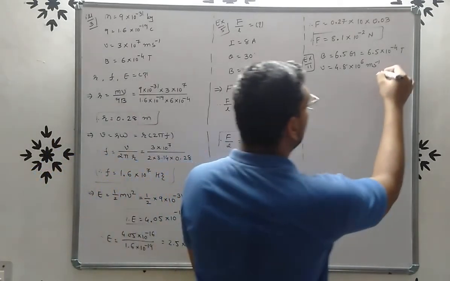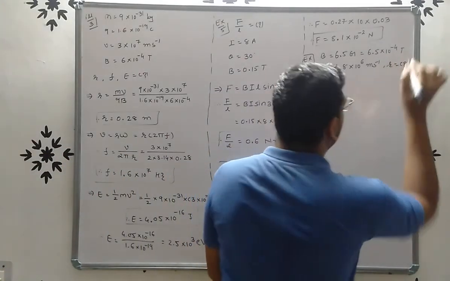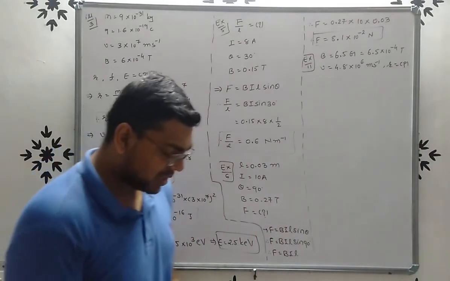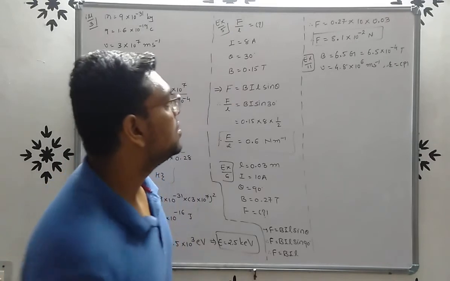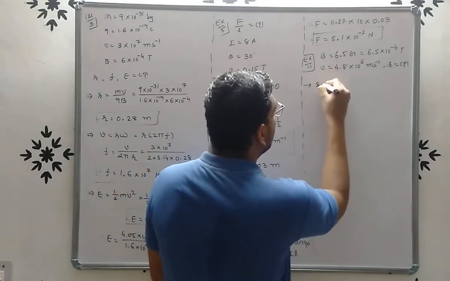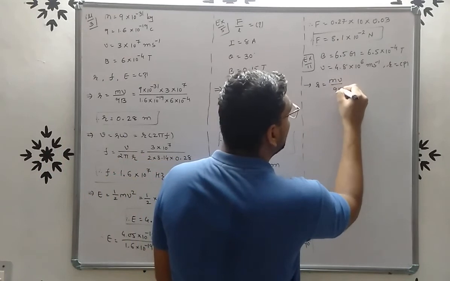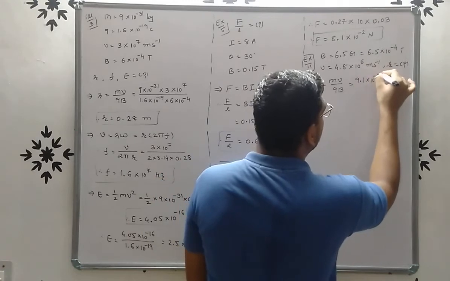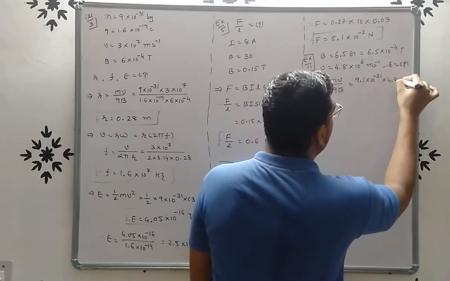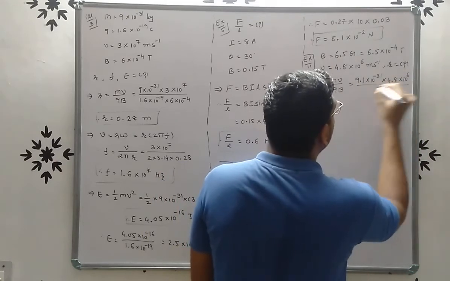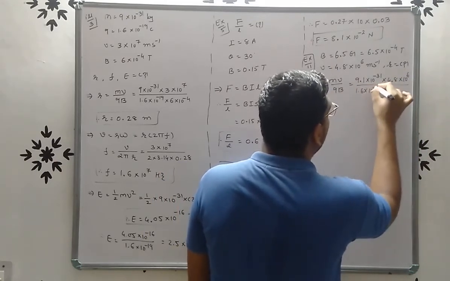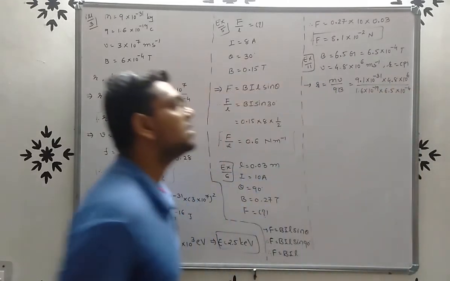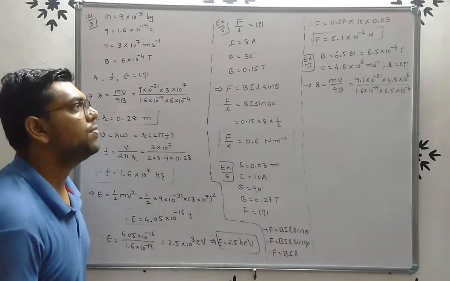So we have to find out the value of radius R, right? Here the mass of the electron is given, 9.1 into 10 raised to minus 31, and the charge is given. So we already know the formula of radius. R is equal to mv upon qB. Mass of electron 9.1 into 10 raised to minus 31, velocity 4.8 into 10 raised to 6, charge 1.6 into 10 raised to minus 19, magnetic field 6.5 into 10 raised to minus 4. Right? So if you solve this